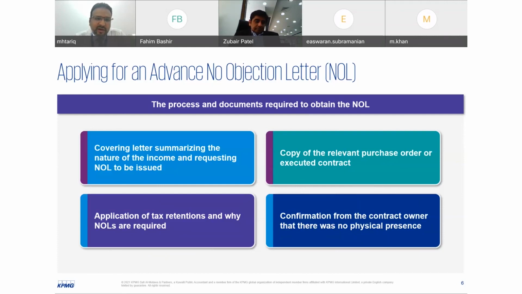And Fahim, as we highlighted before, it's the obligation of the contractor. Anyhow, if your contract owner is not retaining 5%, they might retain at the end of the contract. You never know because there is an obligation. But to fulfill the requirement as per the law, it's the contractor's requirement or obligation to submit all their taxes in Kuwait. So even if the contract owner is not retaining, at the end it's the contractor's obligation.